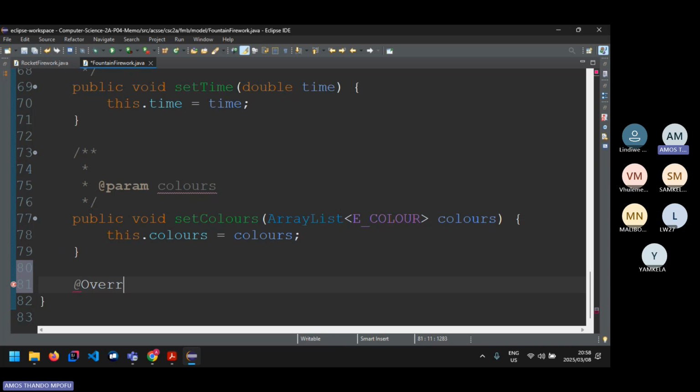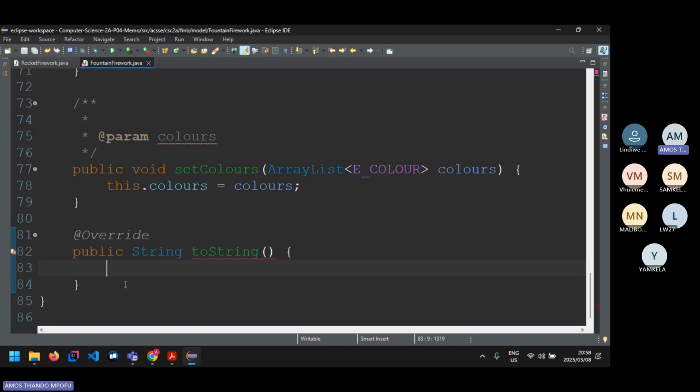So at override, I'm going to put the annotation @Override. The annotation is just metadata. It's just information about the thing. It doesn't have any huge significance. The code can work without it. It's just there to help the compiler know that okay, this is a method that I did override, or something like that. So public String toString,